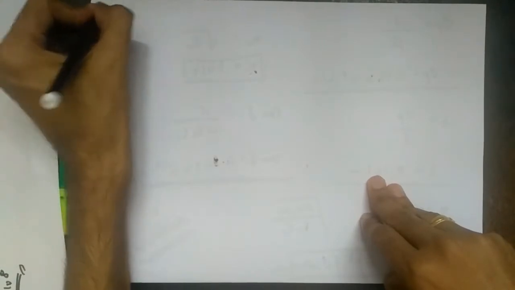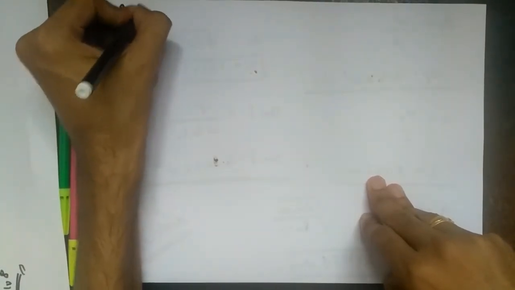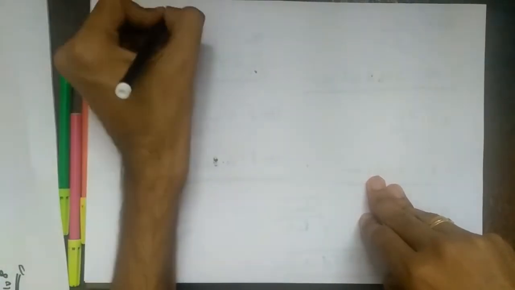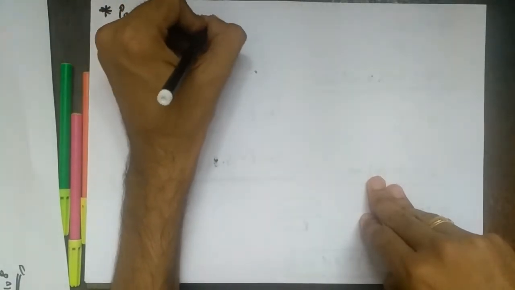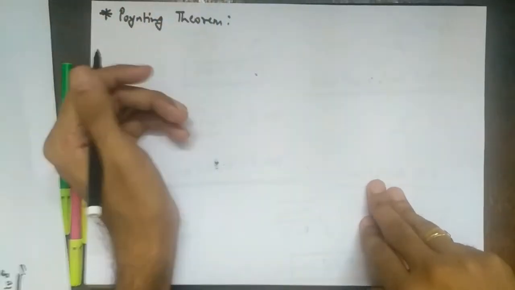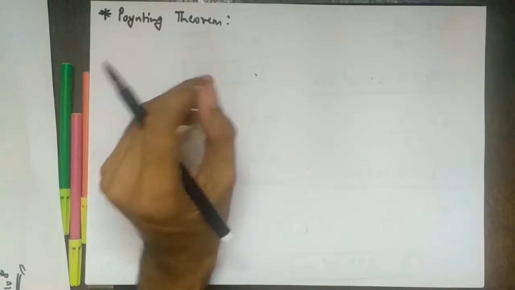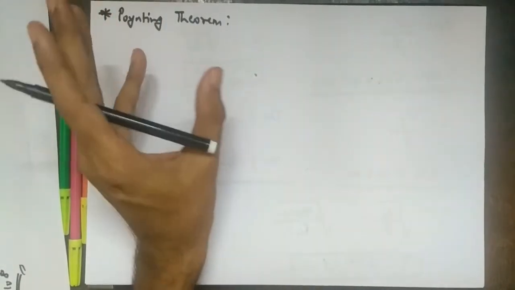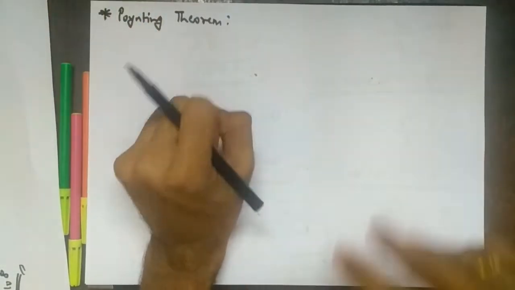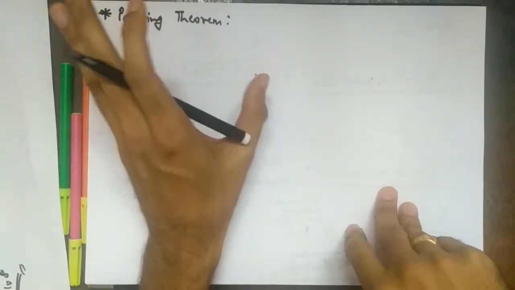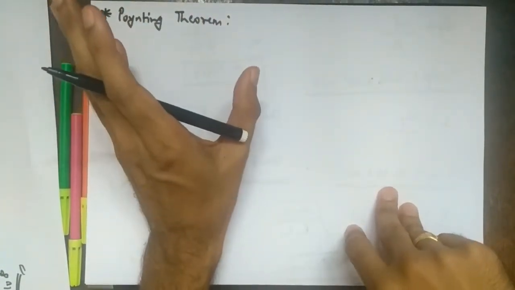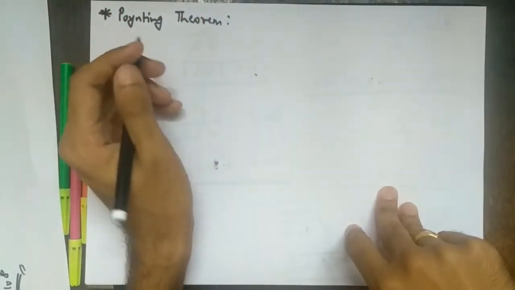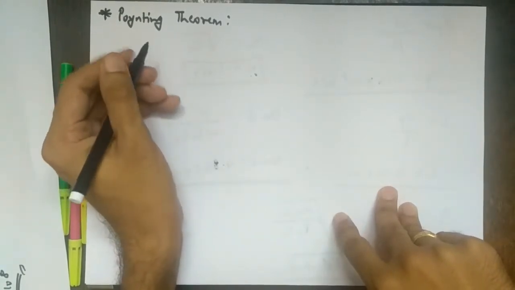So it is called the Poynting theorem. Why it is called the Poynting theorem, we will come to know at the end of the lecture. So it is the Poynting theorem. Okay. So what we have to do again is one derivation, to derive the expression for power, in short, right? We'll again fall back to, as I told, for almost all the derivations we'll fall back to Maxwell's equations. So we'll consider two laws here.